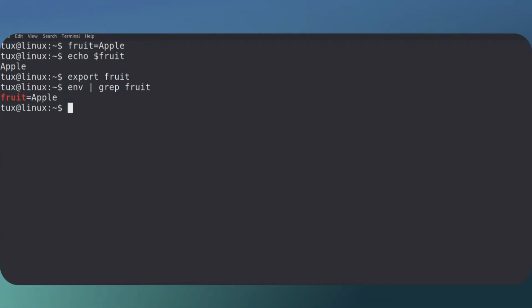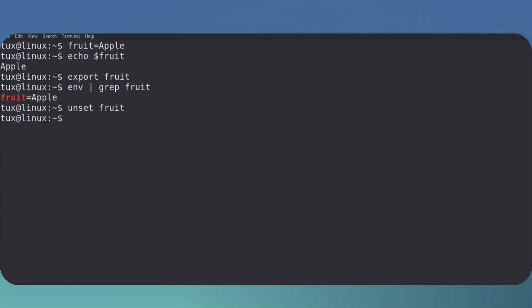So this is good. But the thing is, we're starting to use different commands, and maybe we can do this by using one command. So what we're going to do now is clear our variable, and we can delete the variable so it no longer exists by using unset. If we unset a variable, we are deleting it, both the variable name and any of its content. So our variable is gone, and we are good to go, fresh and revived.